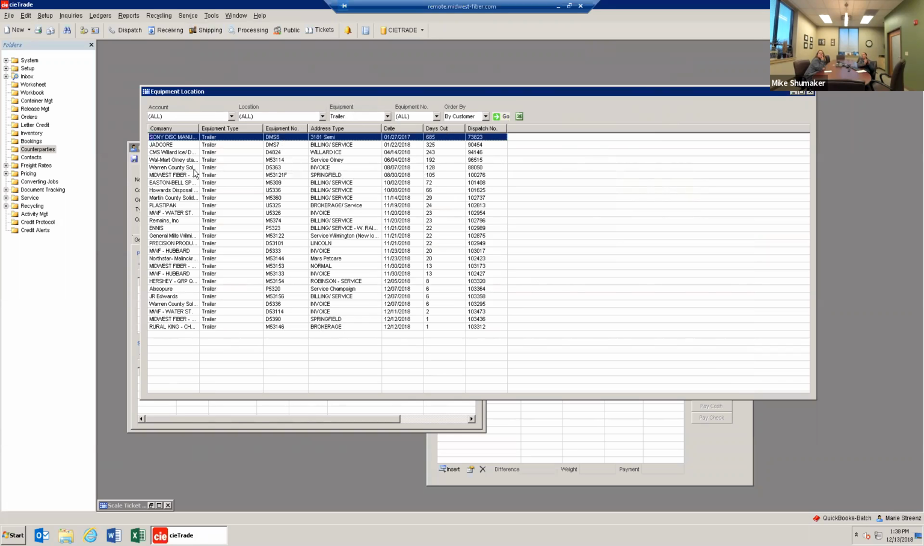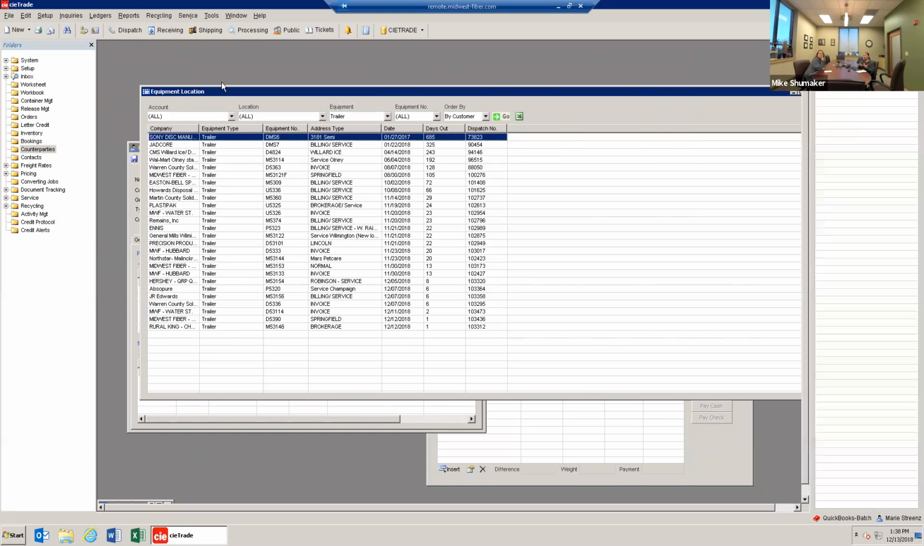This report does not work if we don't enter the equipment number exactly as we have it in the system. So lowercase letters, spaces, leaving off the F at the end, something like that will make this report not work right. And then I have to go into